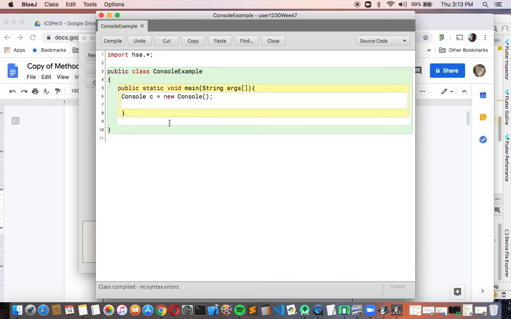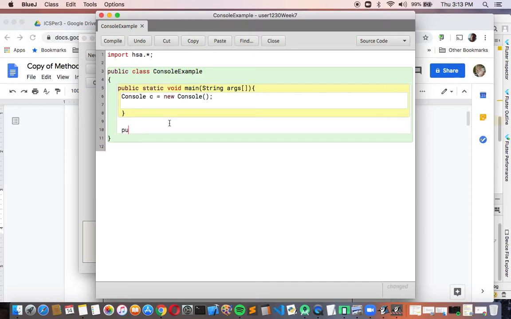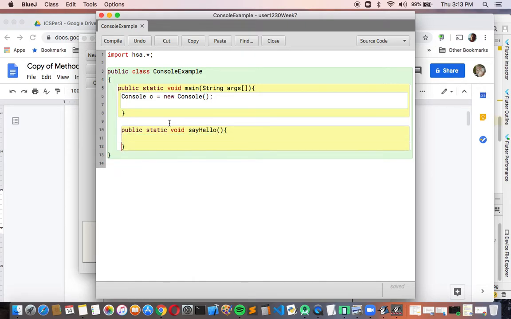So I'm going to come out here past the main method, and I'm going to start another method called public static void. I think it was called say hello, right? And just like any other method, we need the 2 round brackets and then 2 braces. Okay, so whatever goes between these 2 braces is what the say hello method is going to do. All right, so I'm just going to go like c.println hello there,